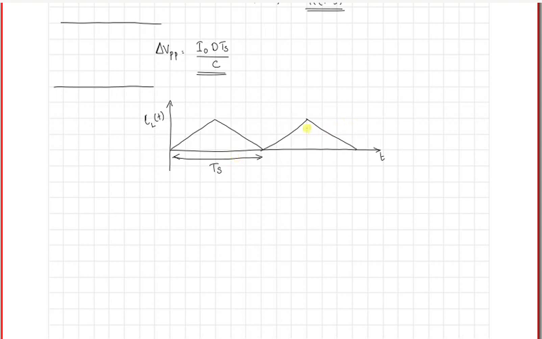Now if you look at it, this peak value of the current is going to be equal to delta IL, and the average value of the current we have already seen, it would go through the midpoint. That average value is IL, the average value of the inductor current,